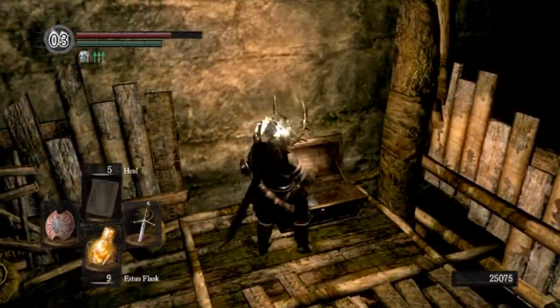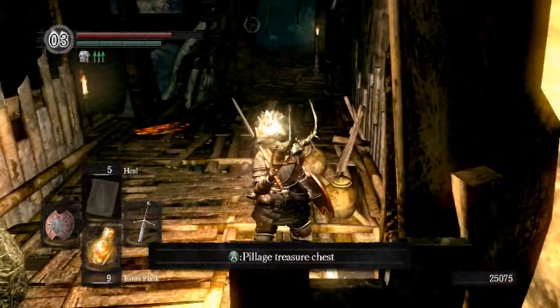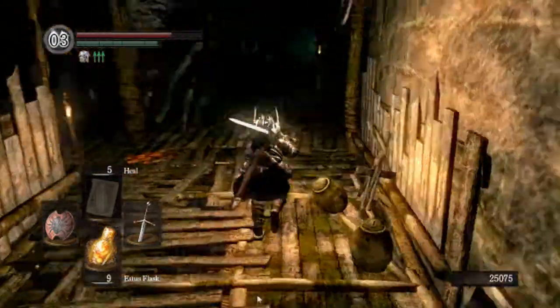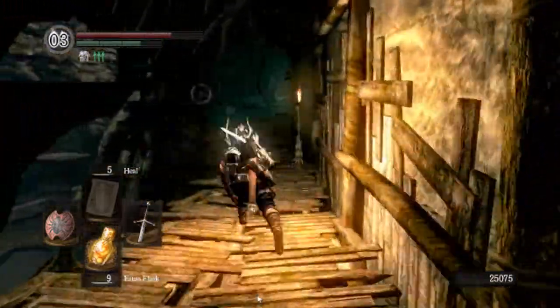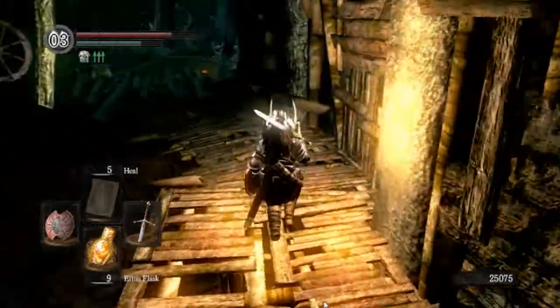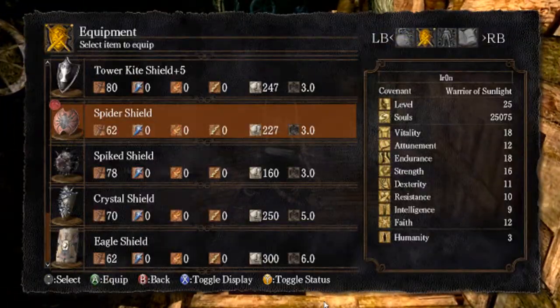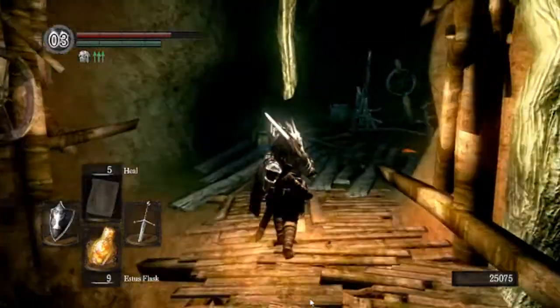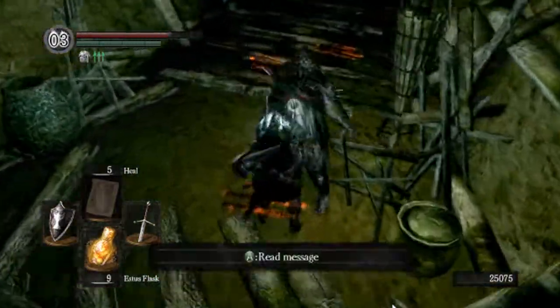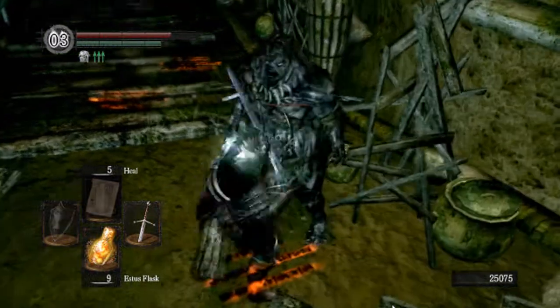And here, just in case you missed it, the location is just on the far right in this little alcove. Here is the key to the New Londo Ruins. New Londo is the place where you access the shortcut to get here. Now, guarding this part of the area are 3 of these big guys, who we've already established as being